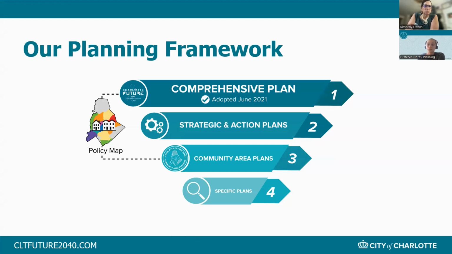Level two of the planning framework are strategic plans, and those are documents that provide more detail than the comprehensive plan on a particular topic. For example, if you're familiar with the strategic mobility plan that the city adopted, I believe it was 2022, that basically gives guidance on how to realize goal 5 of the comp plan and create safe and equitable mobility choices citywide.